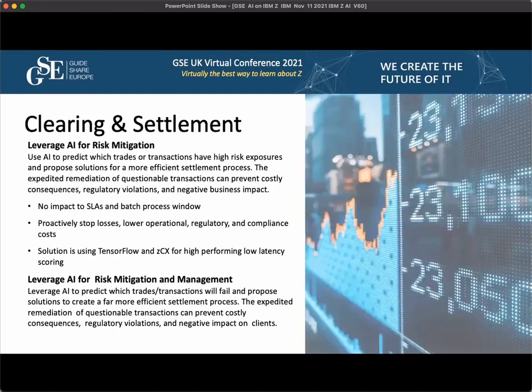Now, the first use case I talked about was an online, real-time, in-transaction use case. This clearing and settlement use case is a batch workload, but nevertheless, our client here still wanted to make sure that they could leverage AI without elongating their batch window. They wanted to leverage a deep learning model in this case to identify high risk exposure transactions,